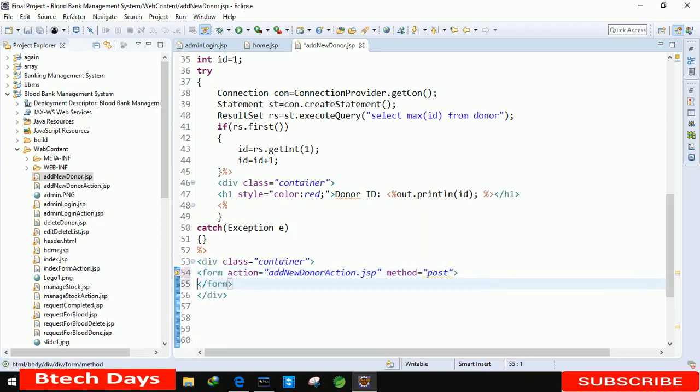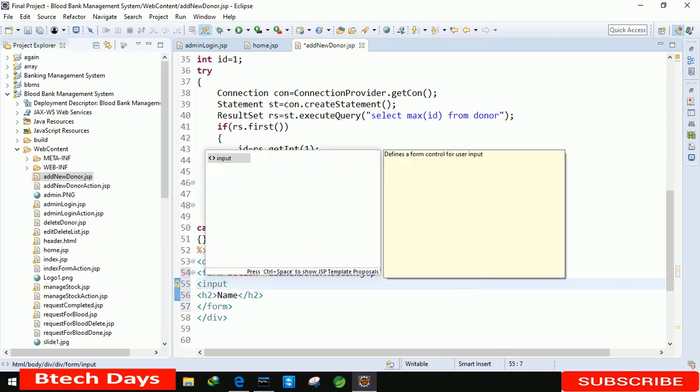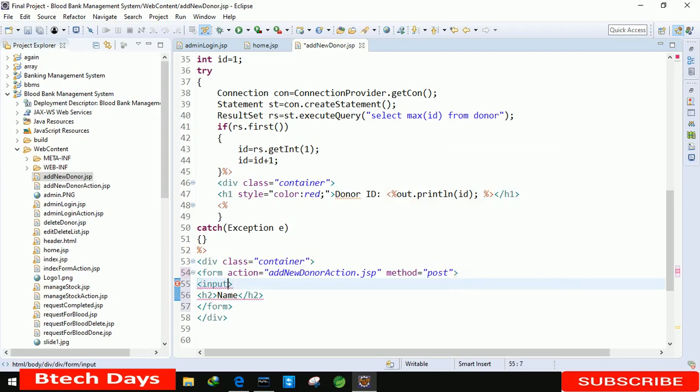Okay, and after that, first h2 we are taking to display the name. Okay, before displaying name we also make a hidden input. That one is for passing the id, and type is equal to hidden. Okay, after this name it as name equals to id, and value is equal to, and in this we just need to write this, and